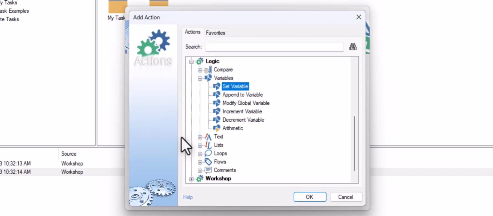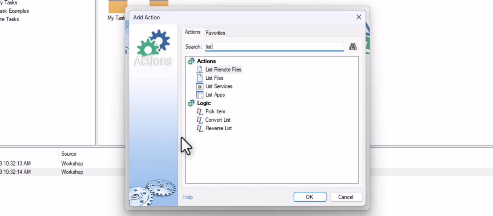From this point forward, I will use the search feature to quickly find the necessary actions. Just type in a keyword, and Automation Workshop provides a list of related actions to choose from. It's really handy. Let's use the List Files action to retrieve all the XML files.